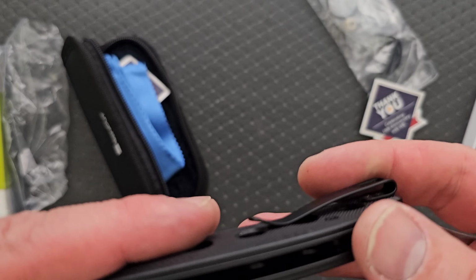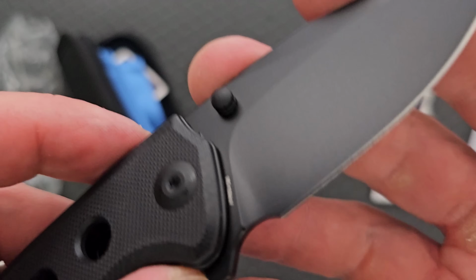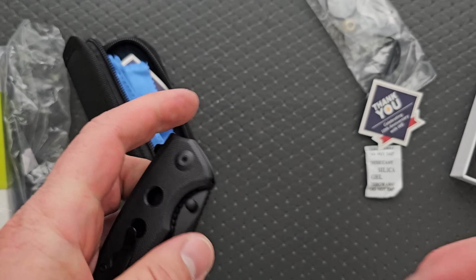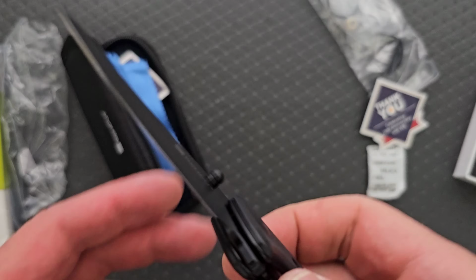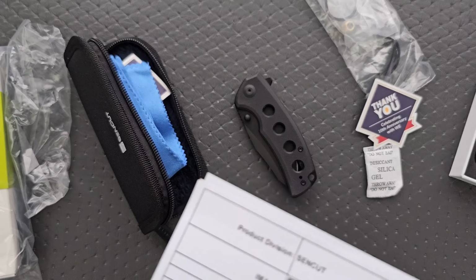This feels kind of heavy. What do we got here? Well, we got full steel liners. Who's the designer? Can we see? 9CR18MOV. We have G10 scales. We got steel liners. Just a very basic, straightforward liner lock. But it is nice. Running on bearings, right? The flipper, I mean, the D10 on it is fantastic. Look at this. What is it actually called? Let's see. So this is the